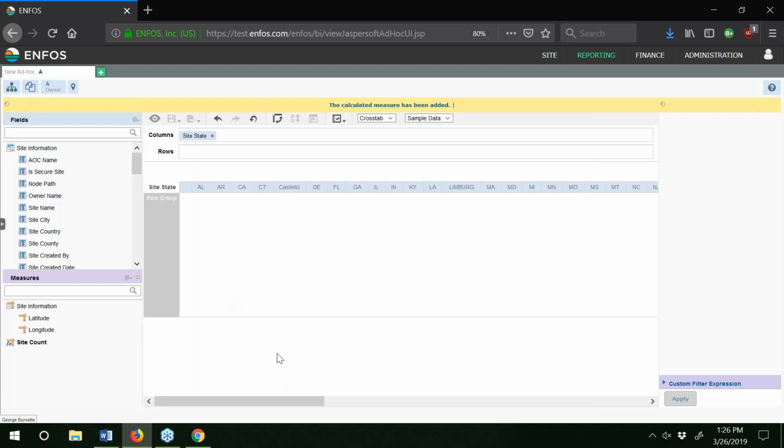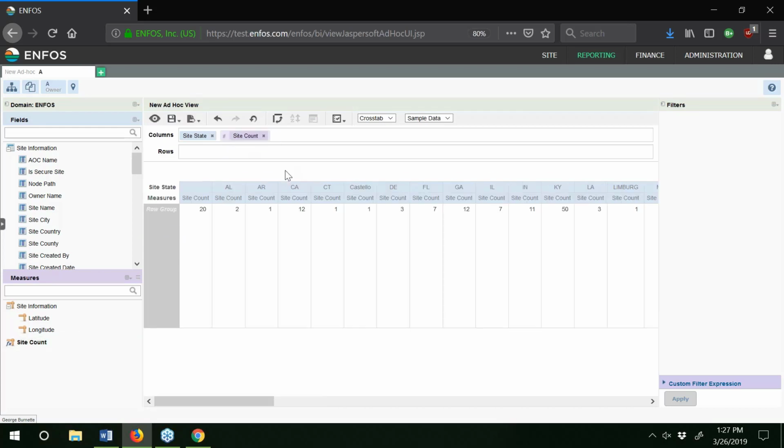I'm going to click the Create Measure button, and I now see I have a new measure called Site Count in my Purple Measures section. I'm going to drag that up into my chart, and it looks like we have the same odd-looking cross-tab pivot